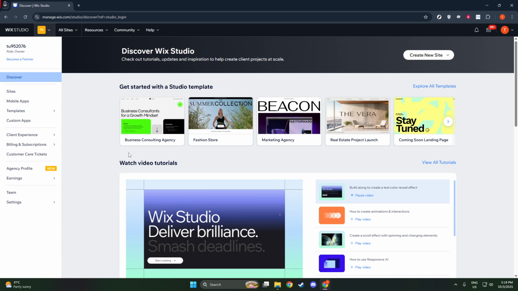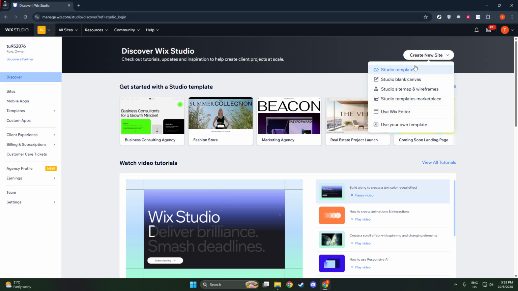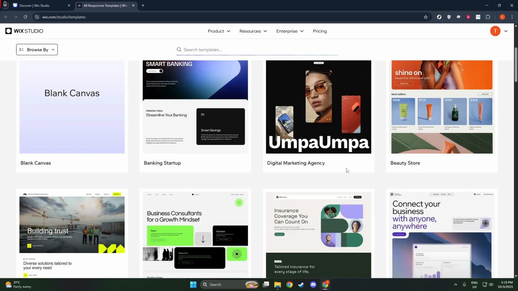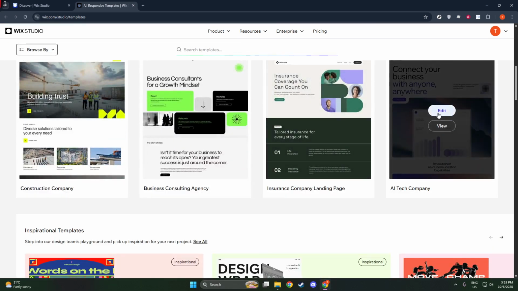The final highlight of this transition process is that you can now create entirely new sites using the Studio editor. This essentially opens up a new pathway for website creation where enhanced design elements and tools await your creative input. As you enter Wix Studio, take some time to explore its new features, like responsive design control, advanced code integration possibilities, and an improved user interface designed for both beginners and seasoned developers. These tools can significantly elevate your web building process, offering a myriad of customization options that weren't available in the